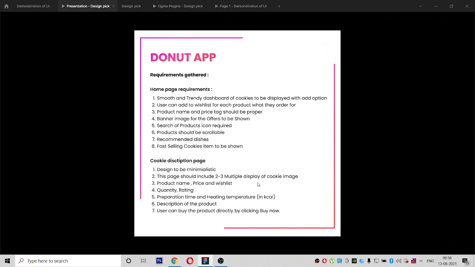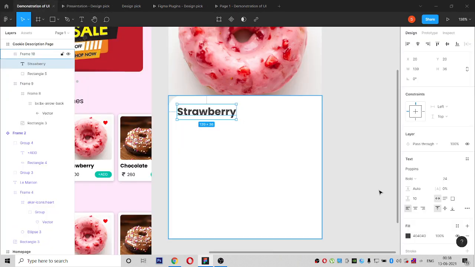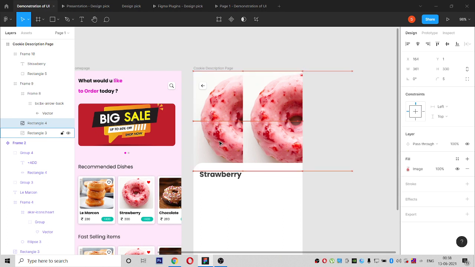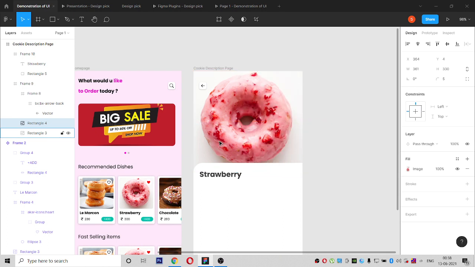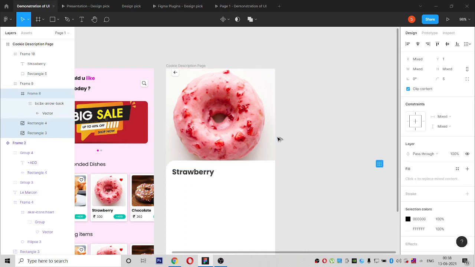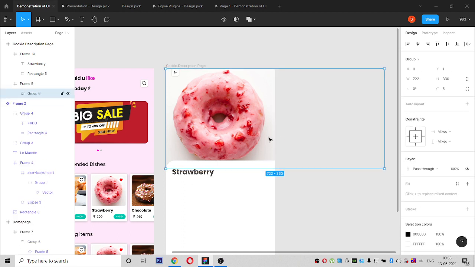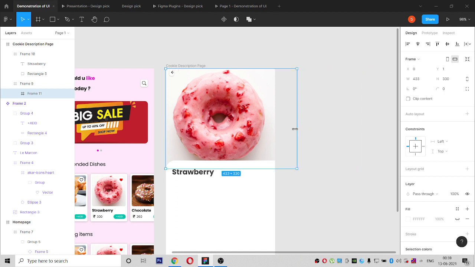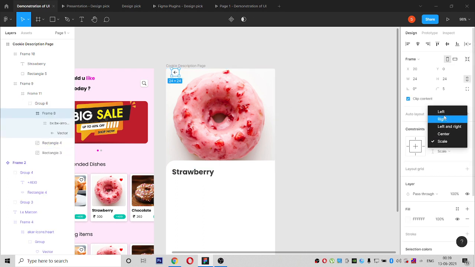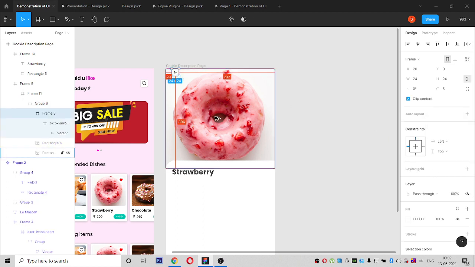2 to 3 multiple display of cookie images, donut images. So I will multiply the same. I will group it, make it a frame, bring this, and give this constraint properly.